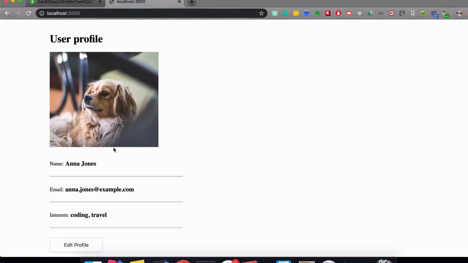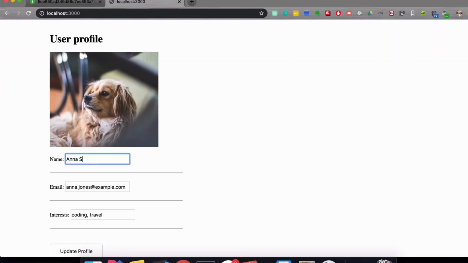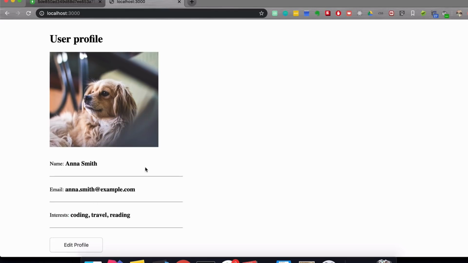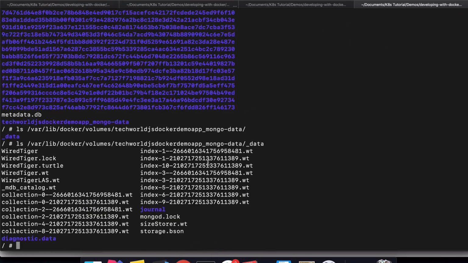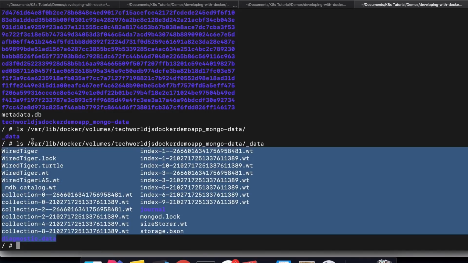So now whenever we make changes to our application, for example, we change it to Smith, whatever, this will make the container update its data, and that will cascade into this volumes directory that we have here. So that on the next startup of a container, when the /data/db is totally empty, it will actually populate this directory with the data from this persistent volume, so that we will see all the data that we created throughout